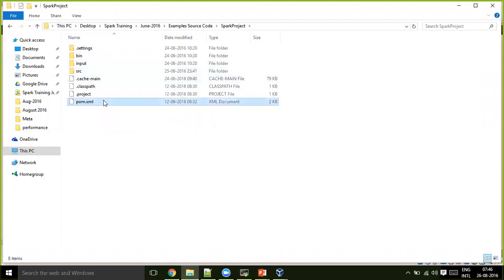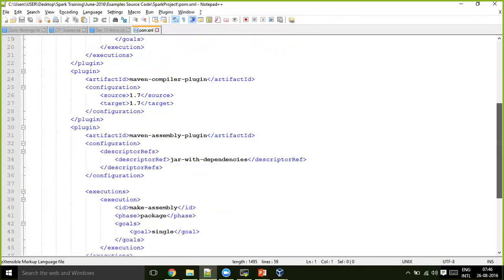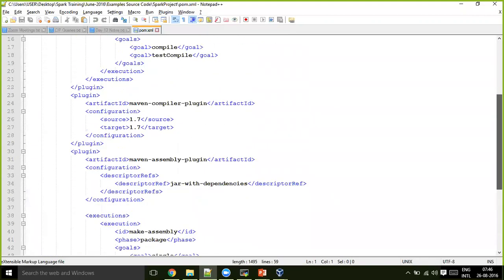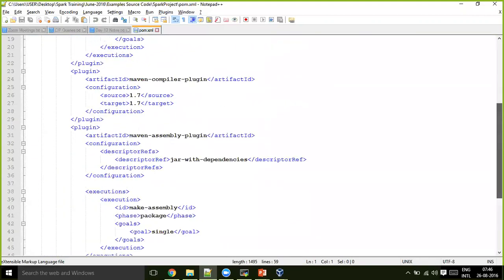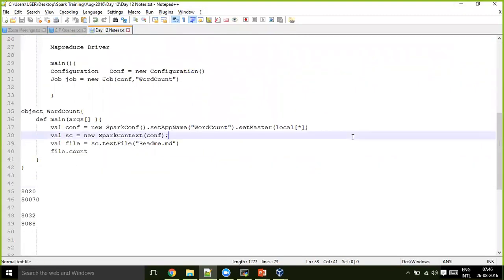Here you can see in the pom.xml file, this was one of the projects that I shared. Once you get all these examples, I think in this only Spark core is there. Yeah, the latest ones might have that.